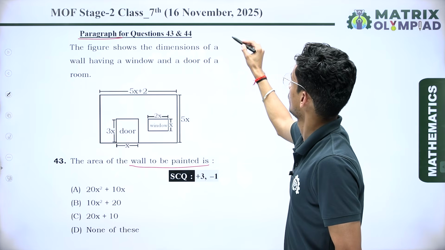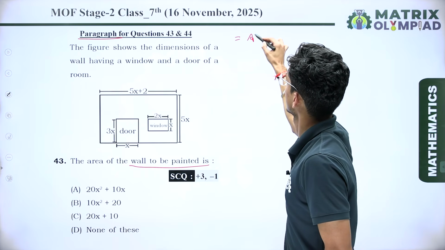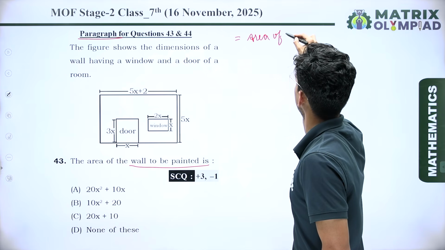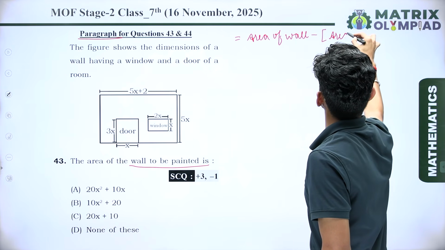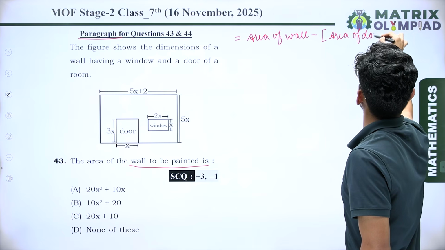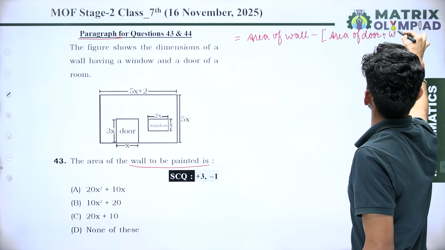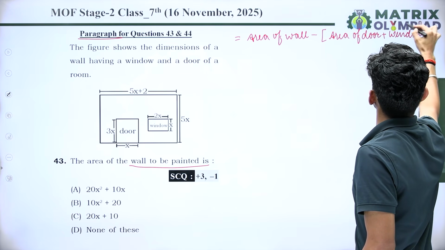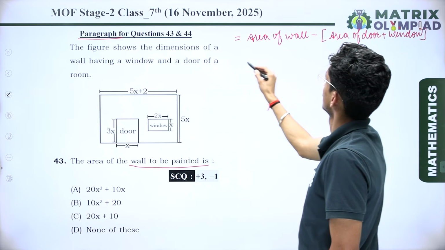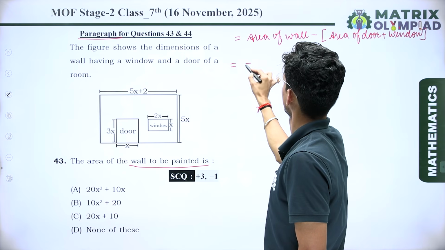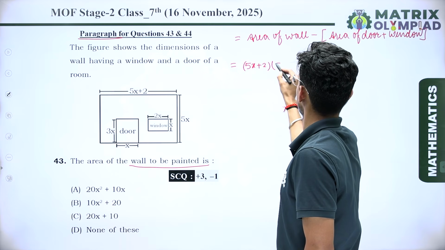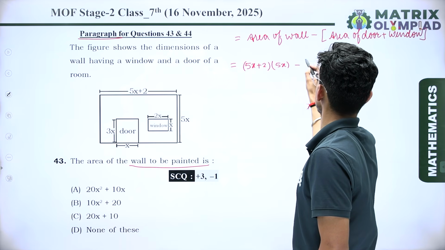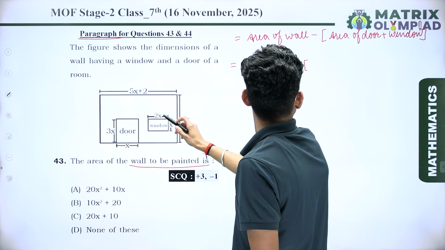So we know the area of the wall to be painted is area of wall minus area of door plus window, right? So area of wall, here we have (5x + 2) multiplied by 5x, minus the area of door,